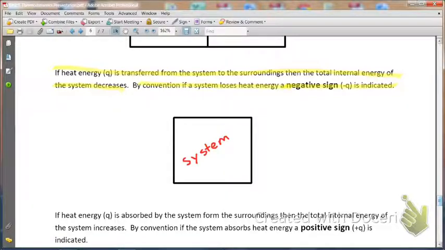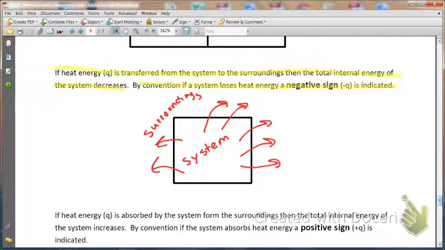So all out here would be more or less our surroundings. And so if the system has more energy than our surroundings, then heat energy is going to be transferred out of the system into the surrounding environment,